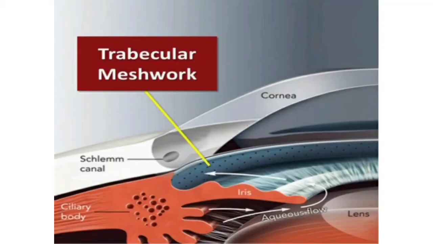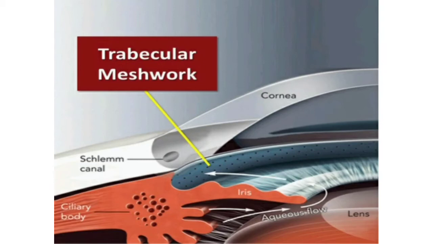Now let me make you understand with the help of this picture so that you can understand it better. Can you see this? There is something on the left side, the orange color, and that is actually the ciliary body. The ciliary body has these finger-like projections, you can see, that are the ciliary processes. All these ciliary processes will secrete an aqueous fluid that is known as aqueous humor. In this aqueous humor, you just follow the white arrow.